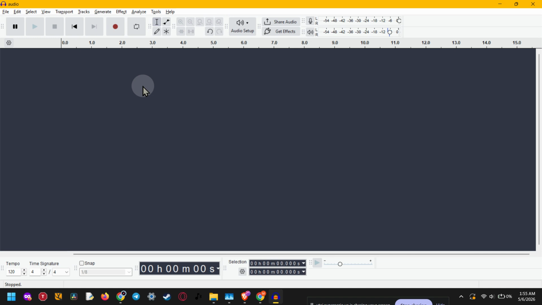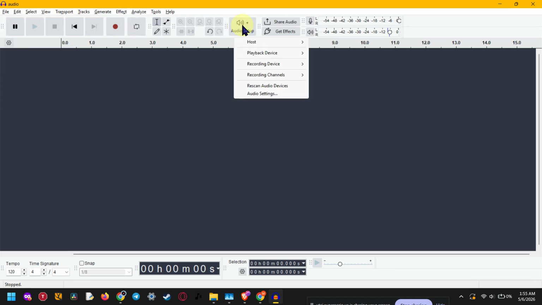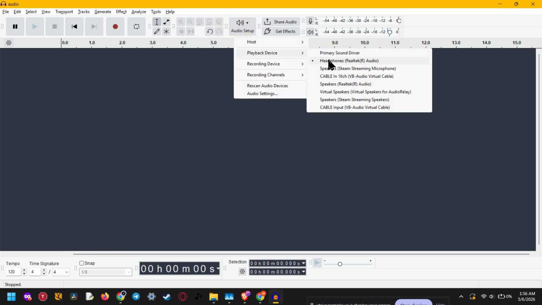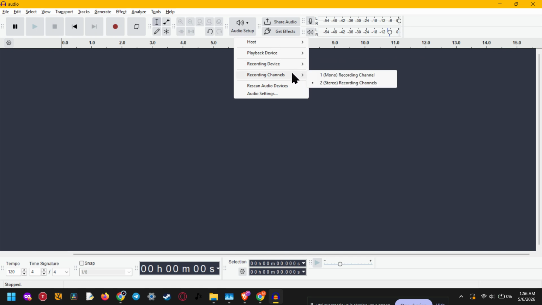Let's jump in. First, open Audacity on your computer. When the program launches, the first thing you want to do is set up your audio devices correctly. At the top toolbar, click the Audio Setup button. This is where you control your playback and recording settings. For playback, choose the device you actually want to hear audio through, such as your speakers or headphones. For recording, select the microphone you want Audacity to use. Getting this step right is important because it makes sure you can hear your edits clearly and record clean audio